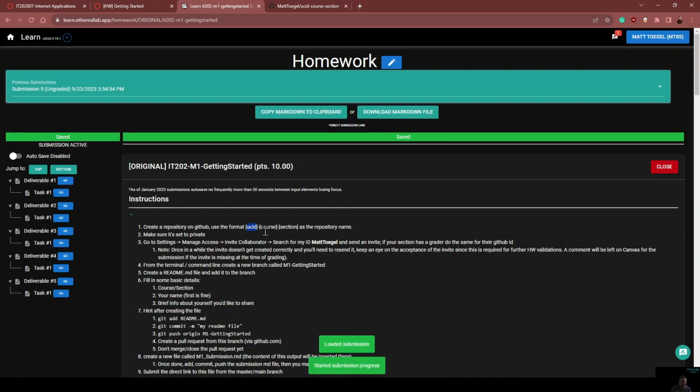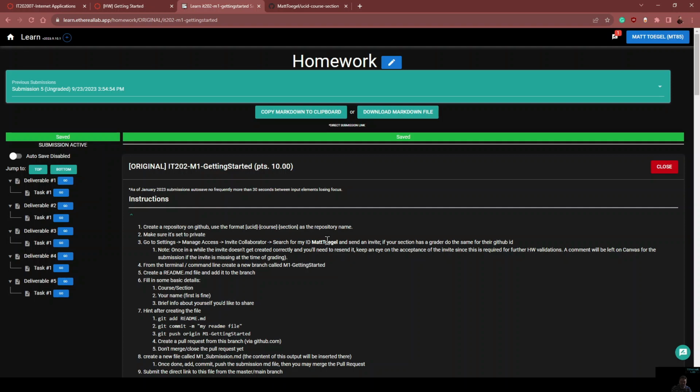There we go. Okay. So now I have the UCID course. However the instructions prior mentioned to set this up is how you want to do it. Recently, I've had it changed to UCID course and section. That's just so when you're reaching out to me for help, I know exactly who I'm working with, because not everybody uses their UCID as their GitHub username. So by having the UCID, it makes it easier to map who I'm actually helping out with questions or whatever,